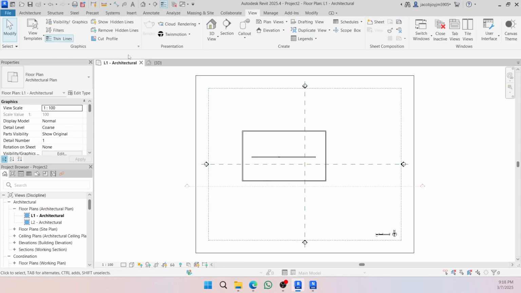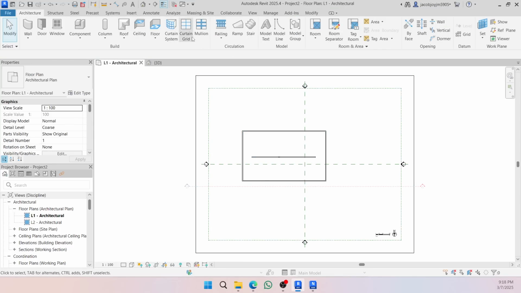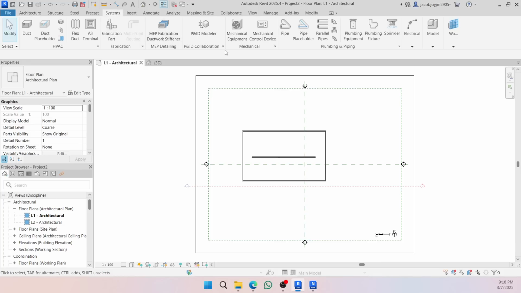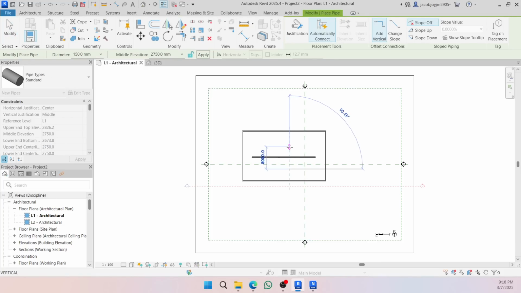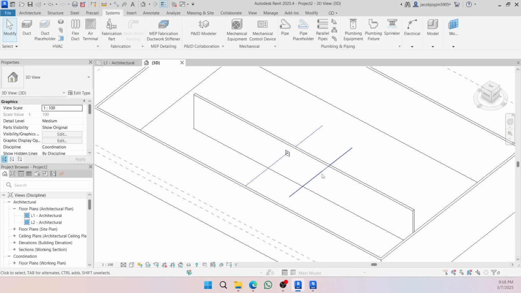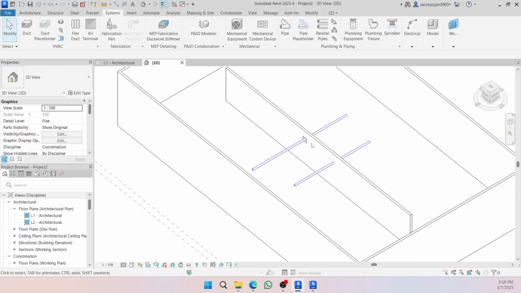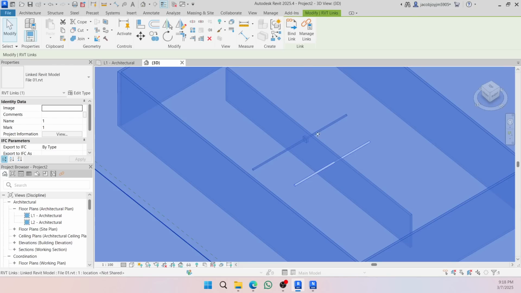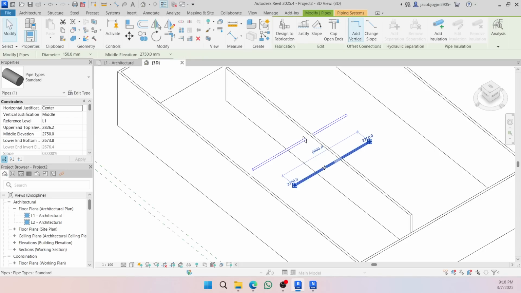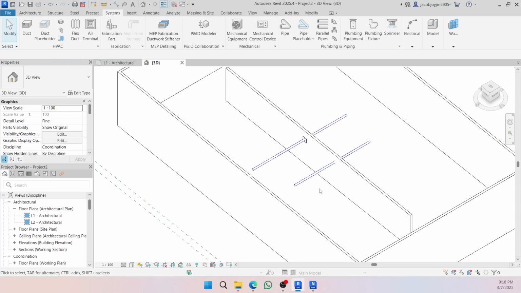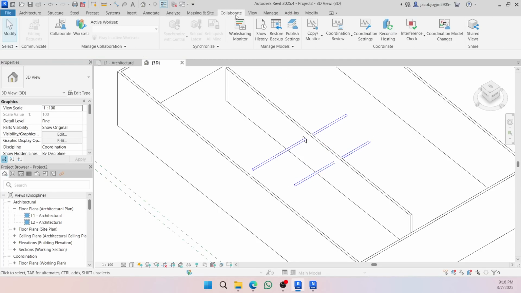In case I'm running a pipe in this current file, let's go to systems and draw a pipe. So I have drawn a pipe, so that's here. Let's say this is an architecture file and this is an MEP file. If the current file is a mechanical file or a plumbing file, I have the pipe in the current file. Now if you want to check the interference, you can go to collaborate, run the same tool, run interference